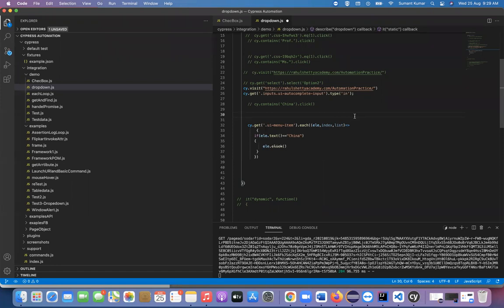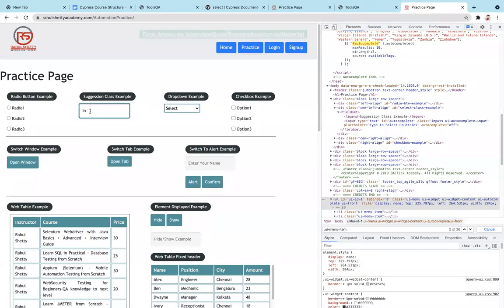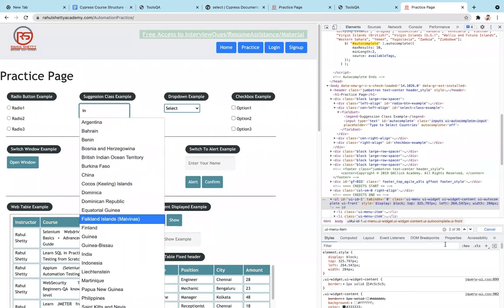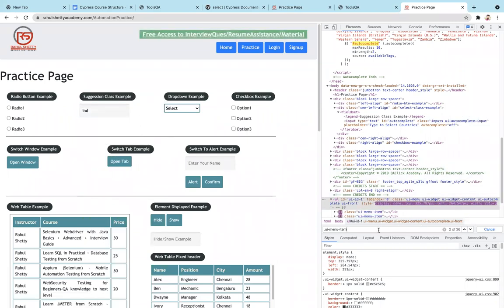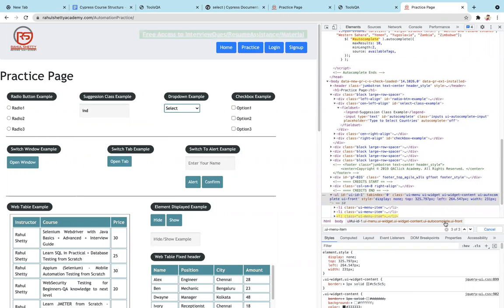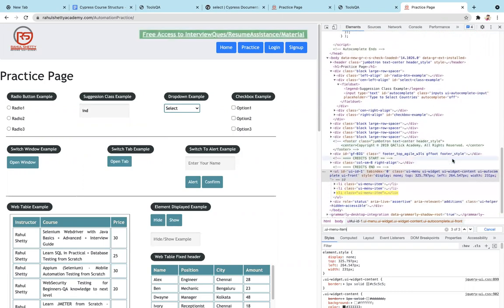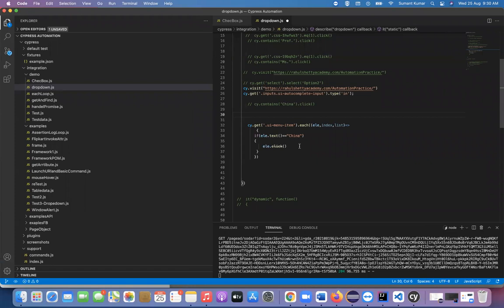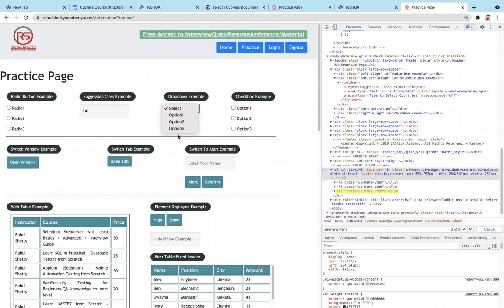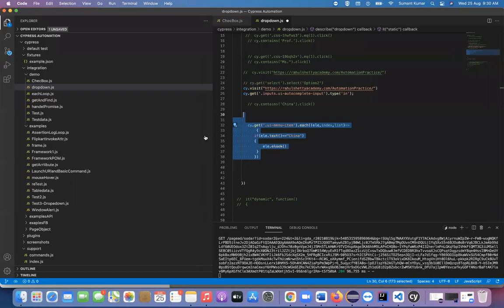So this was the concept of dynamic dropdown. Dynamic dropdown means the number of values itself is getting changed, right? Here we can see as of now there are 36 elements. If I type D, it has only 3 elements. So this is dynamic in nature, and that's why we should go with this for loop, which is the best solution. If it is static, then you can directly click and select the option like this, or if it is a select tag, you can use that. So these 3-4 things are there for dropdown values.